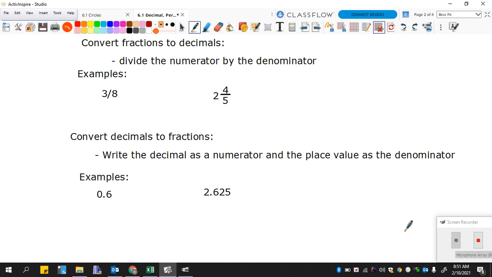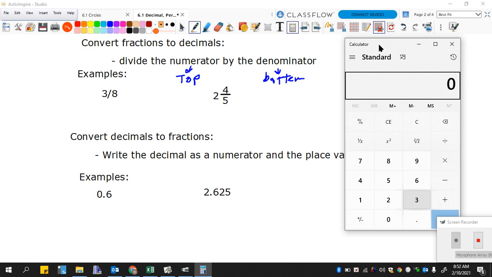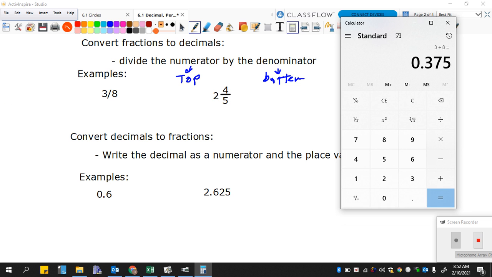All right. If we're talking about converting fractions to decimals, basically you divide the numerator, which remember is the top number, by the denominator, which is the bottom number. So 3/8, we can use our calculator for this. You just go 3 divided by 8, hit enter, and we end up with 0.375